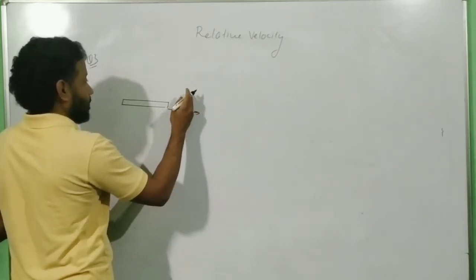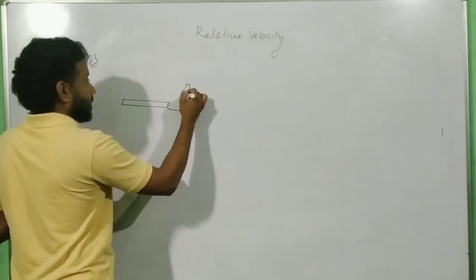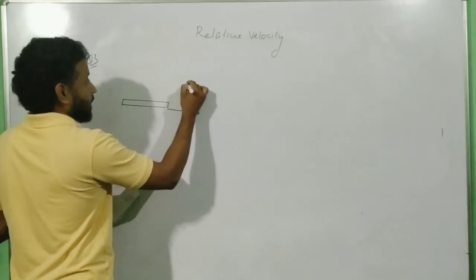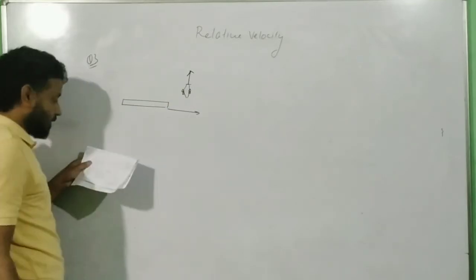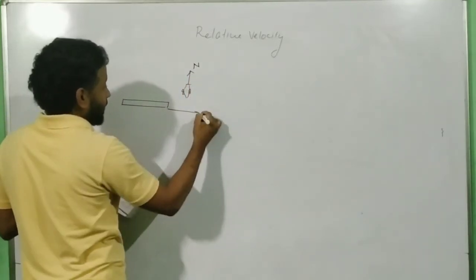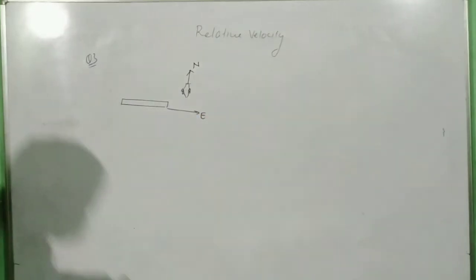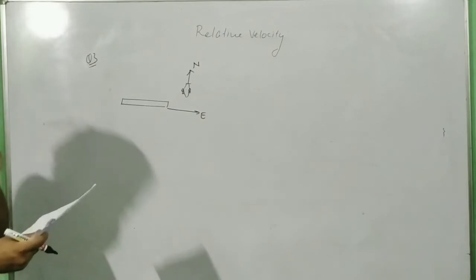I don't know how to plot a car in that direction. Okay, these are the wheels. Okay, the car is moving in this direction towards your north. And this is moving towards my east, and velocities are not given to you. The question is very simple, and the options are also very clear cut.